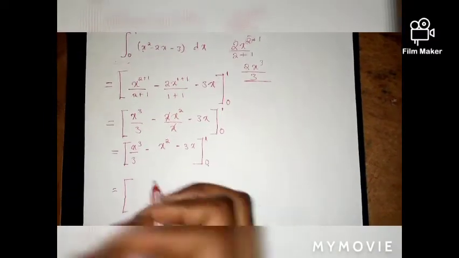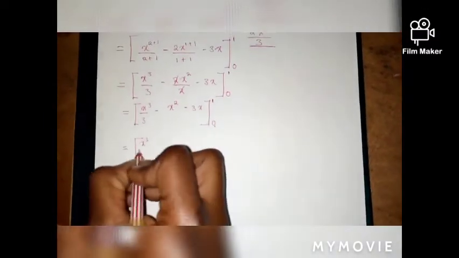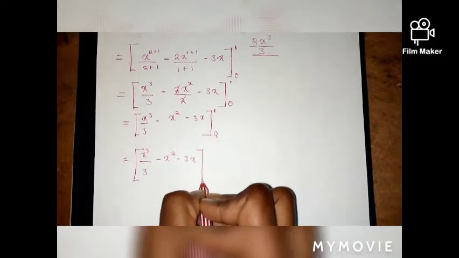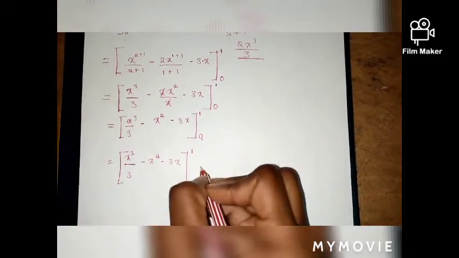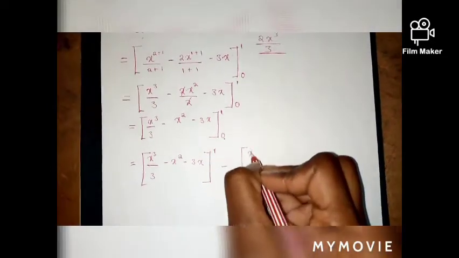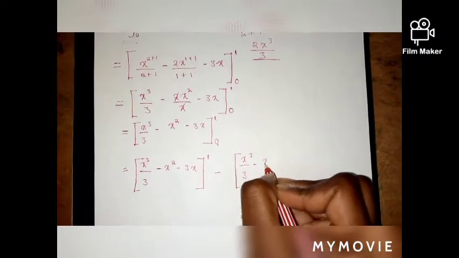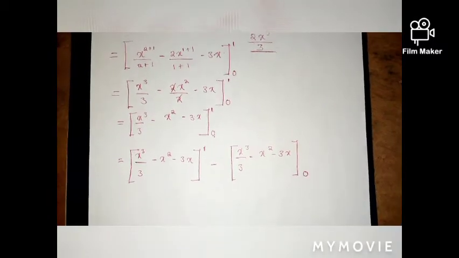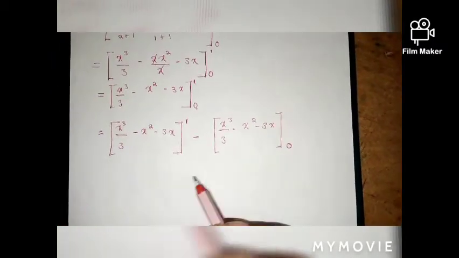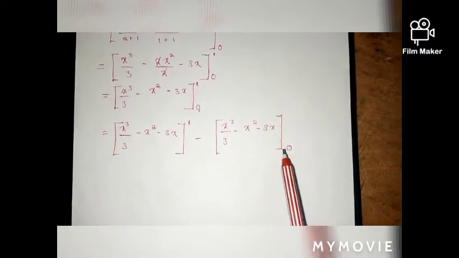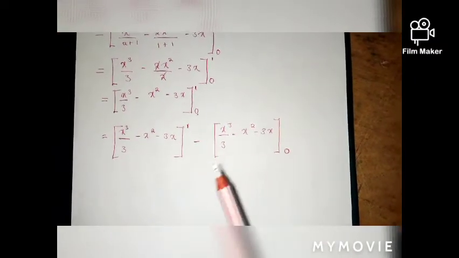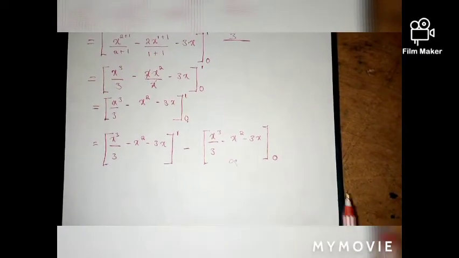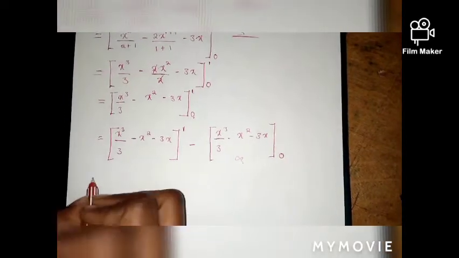So we say x to the power 3 over 3 minus x to the power 2 minus 3x with the upper bound only, minus x to the power 3 over 3 minus x squared minus 3x with the lower bound 0 over there. As we said, the upper bound always subtracts the lower bound, which is 0. So if we have the lower bound as 0, mainly we do not include it because obviously this is going to cancel out. It's going to give us 0. So let me show you that